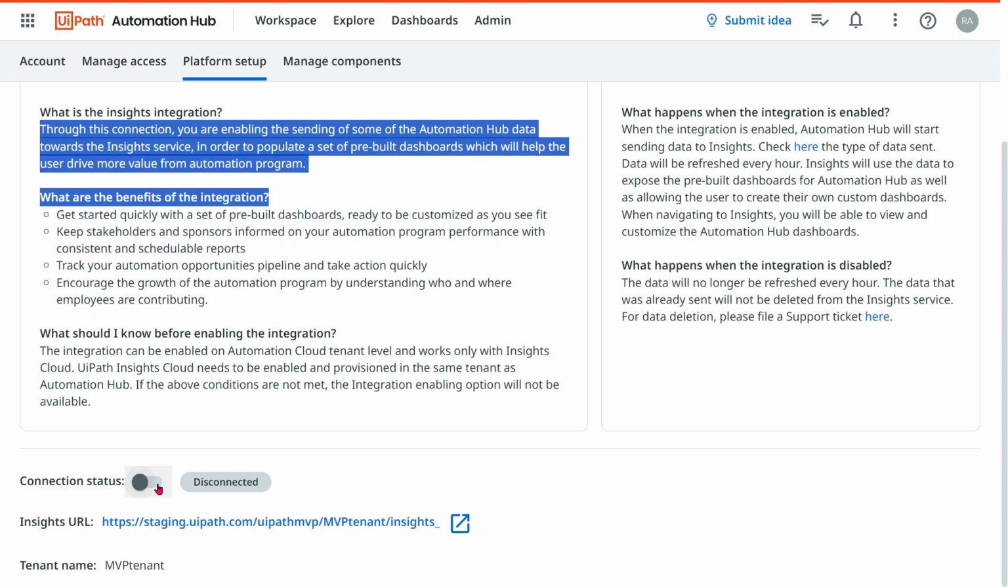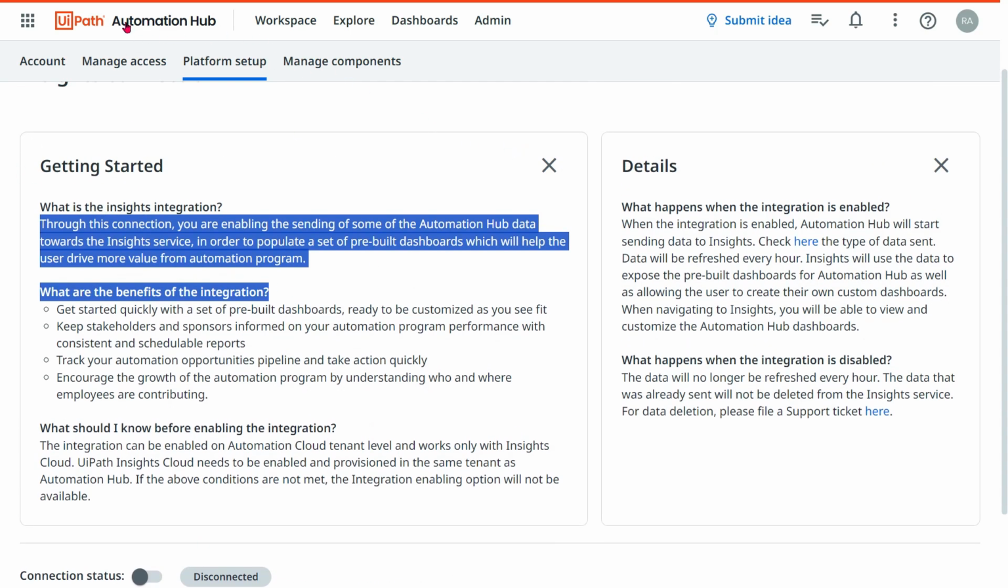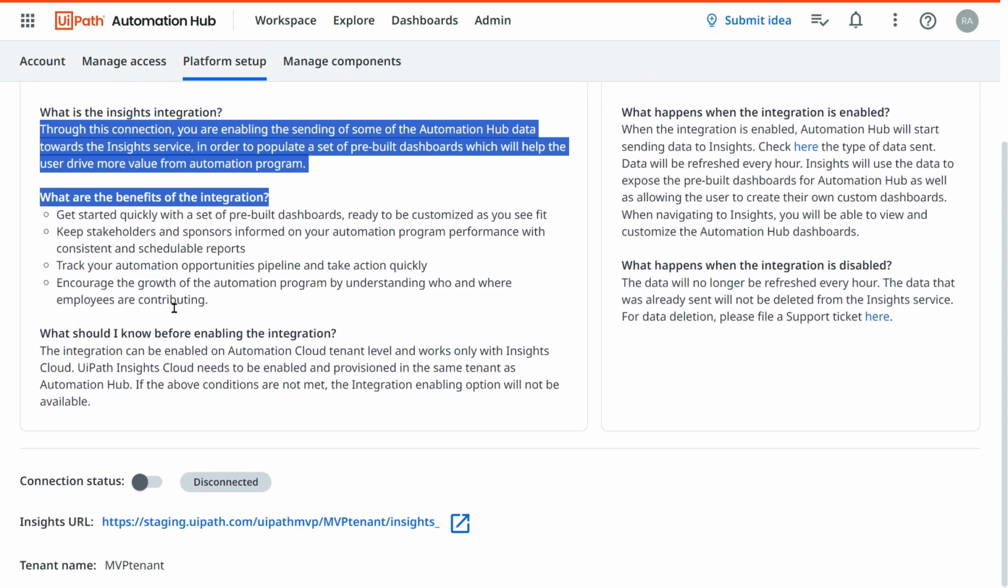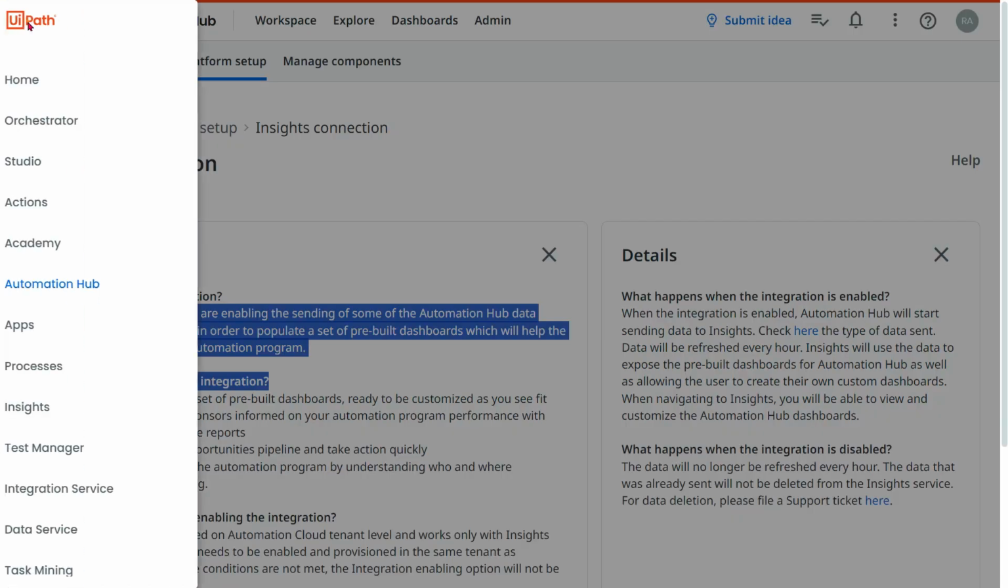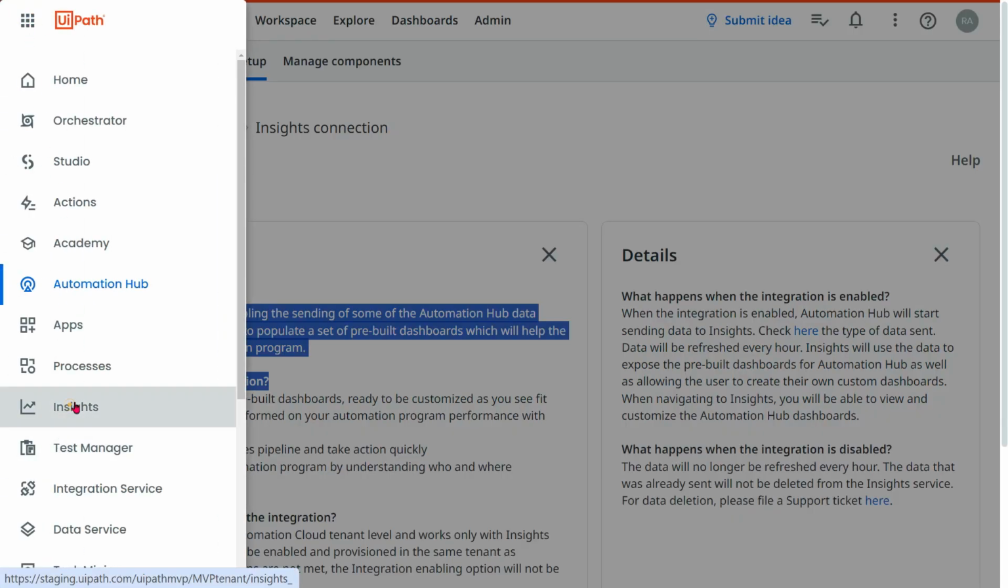The moment you enable this and save it, what happens? This entire UiPath Automation Hub is going to integrate with UiPath Insights. I'm not going to do it in this one. However, this is the place which you have to enable. Now, once you enable this and go back and go to Insights,